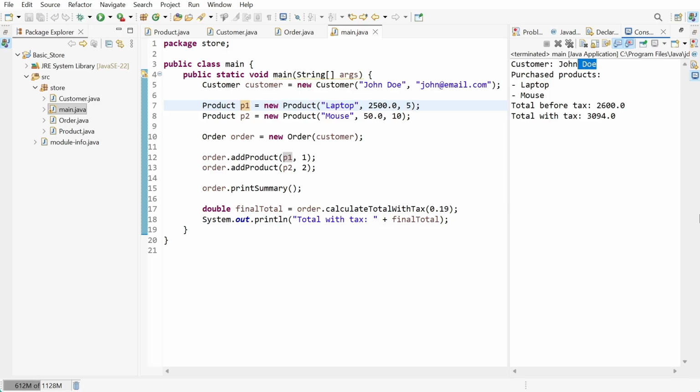Finally, I compile and run the program, and the output shows customer, purchase products, total before tax, and I close